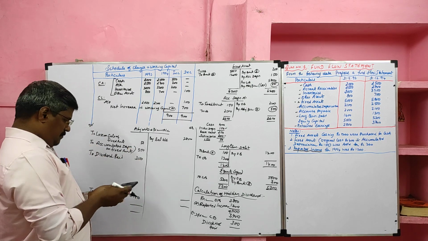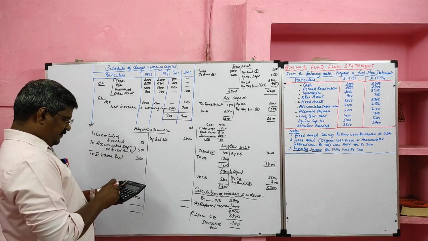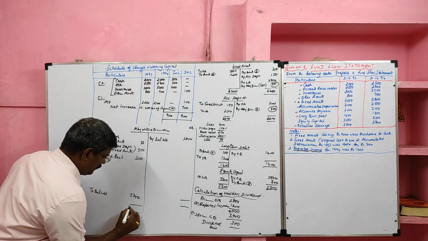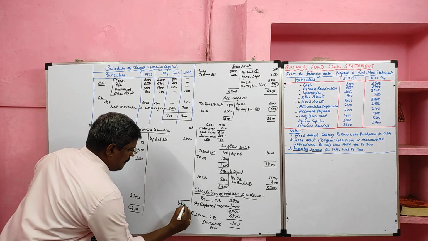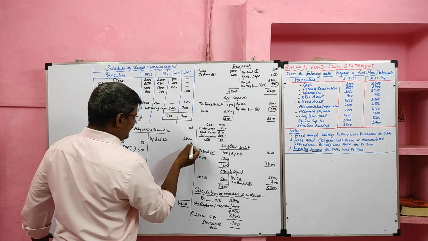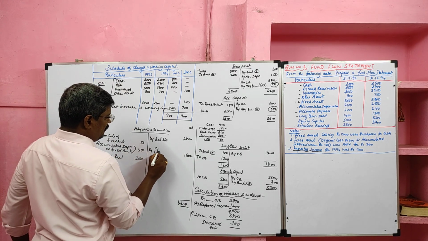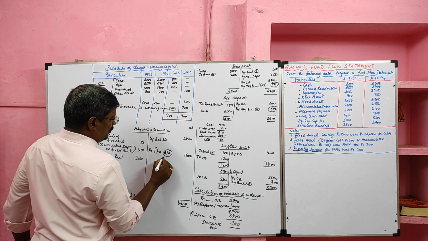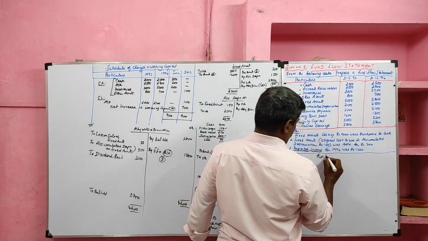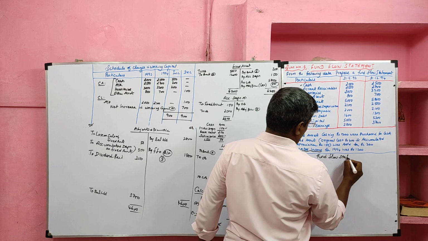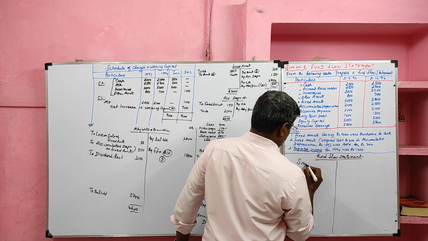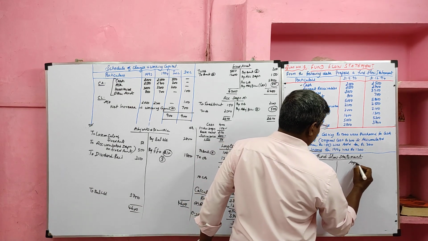Now I am going to balance this. 50 plus 550 plus 300 plus 3700. So debit side total 4600 minus 2800. So we are getting balancing figure 1800 in the credit side, that we will consider as fund from operation. Balancing figure, it will go to the sources side of fund flow statement. Then I am going to prepare fund flow statement. It has two sides. Left hand side sources, right hand side applications.